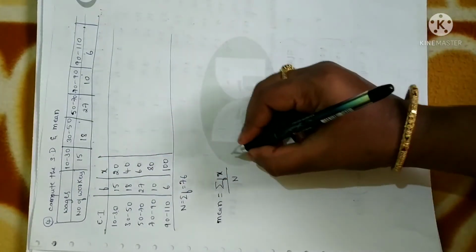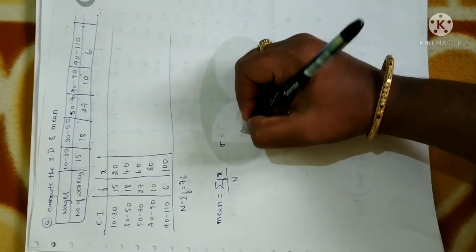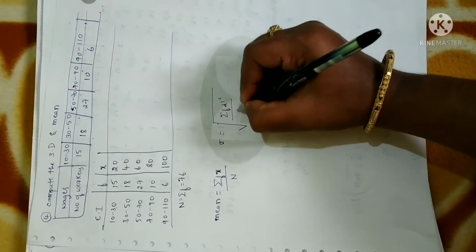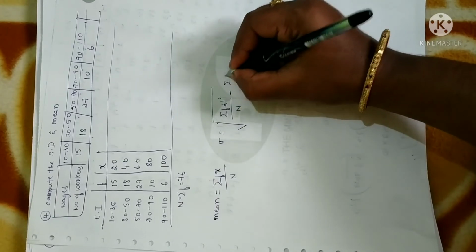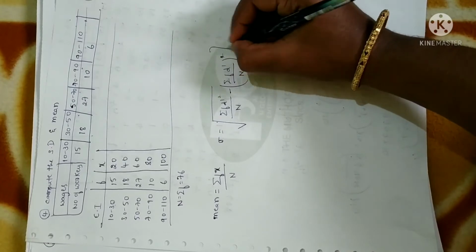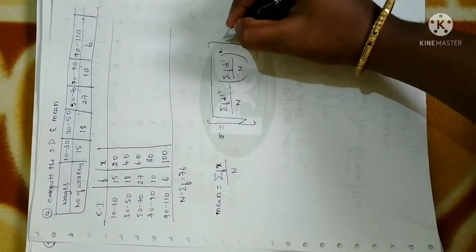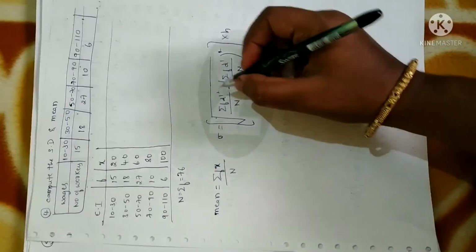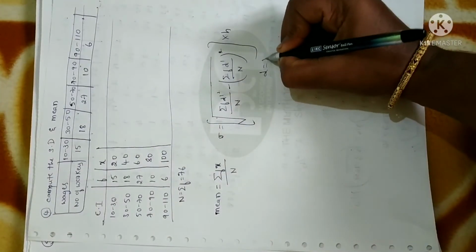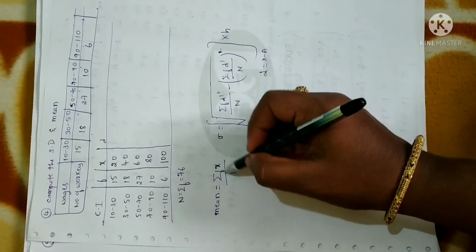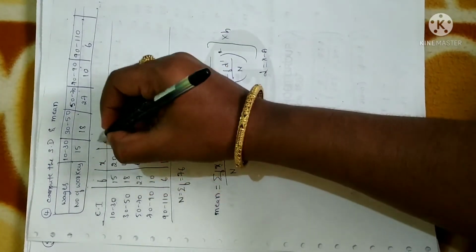Next write down the formula for the assumed mean method. I will just use the assumed mean method in all. Sigma f d dash square divided by n minus sigma f d dash divided by n, the whole square, multiplied with h. Right, now d dash I need. Before that, d I have to calculate by using the formula x minus a. First let me calculate the mean. It is given by sigma f into x, right? So first let me calculate the mean.